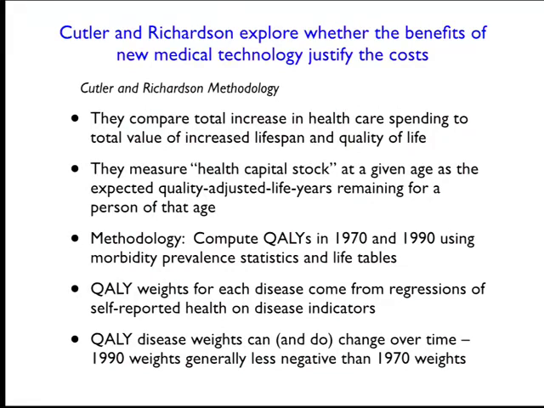The second thing that could change quality adjusted life years between 1970 and 1990 is that the prevalence of various diseases could increase or decrease. If they get better at treating or curing various diseases, then those diseases could disappear. I mean, not disappear from the population. That's less likely, unless you're talking about things like those we have vaccines against. But you might reduce the prevalence of an untreated disease. So the actual prevalence of diseases might change based on medical technology.